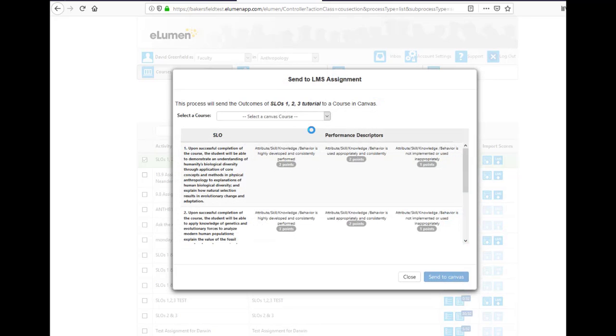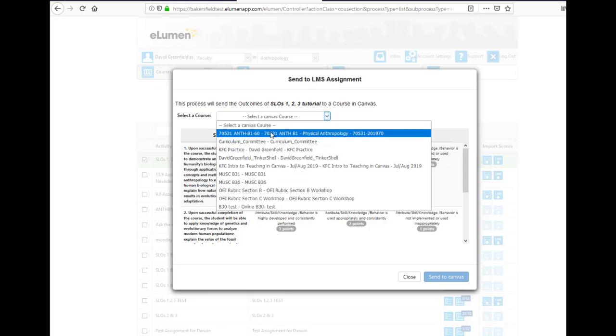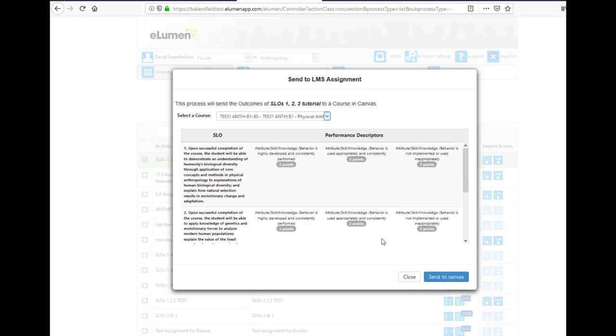So we click on that, which brings a pop-up window, Send to LMS Assignment. We have a pull-down menu here. Select a Canvas course, and this is the course that I'm interested in, Physical Anthropology, Anth B1. I select it, then go to the bottom right corner of the pop-up window and select Send to Canvas. Once it's successfully exported,